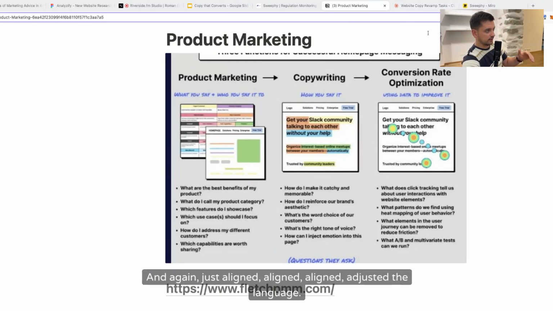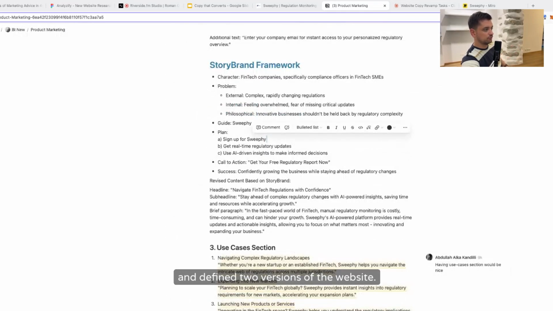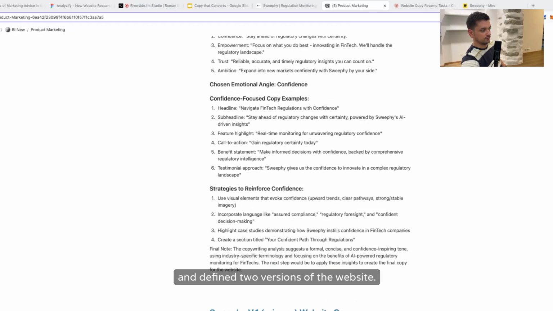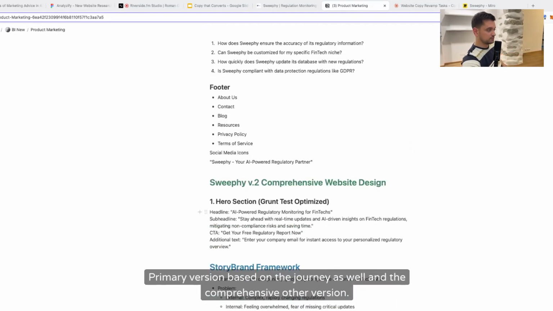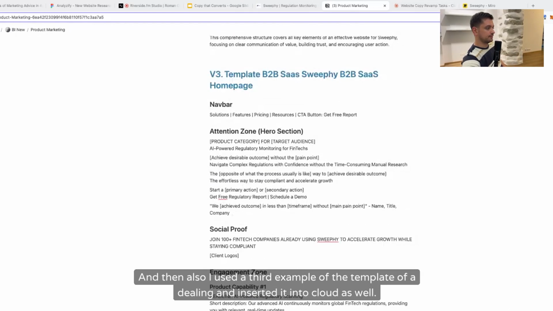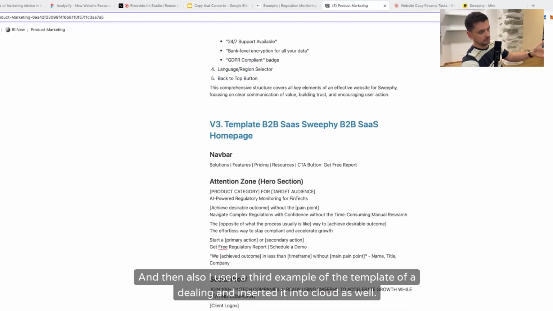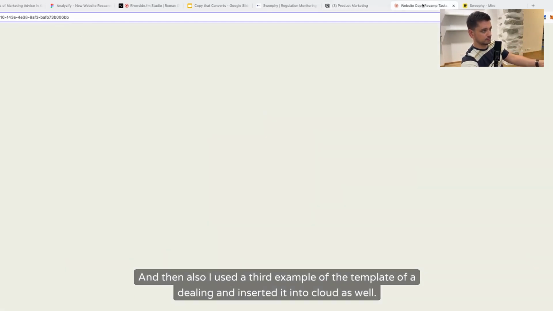And again, just aligned, adjusted the language, and defined two versions of the website. Primary version based on the journey as well, and the comprehensive other version. And then I also used a third example, the template of Dylan, and inserted it into Claude as well. And I said,